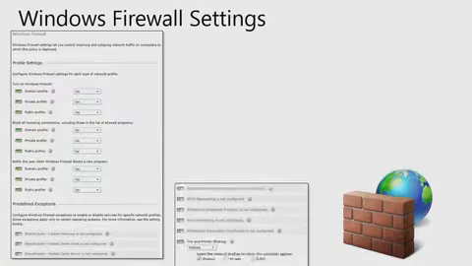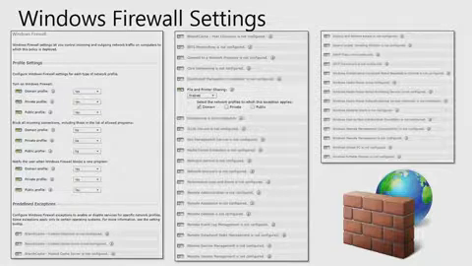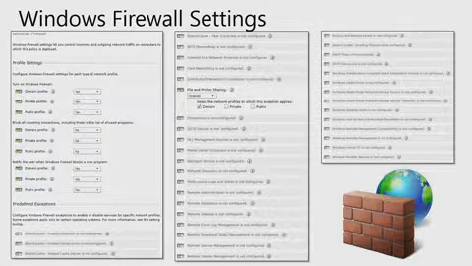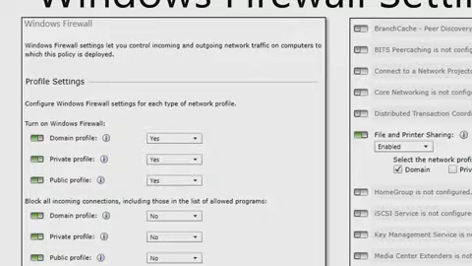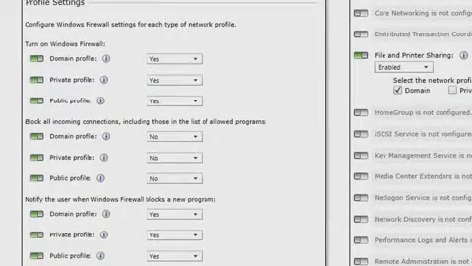The final policy template that we have is our Windows Firewall settings. Bit of an eye chart in here. I want to try and capture all the policies in one place, so let me zoom in here and you can see what we can do. This only applies to the Windows Firewall, okay? Make sure that's clear. But we can configure here policy settings by